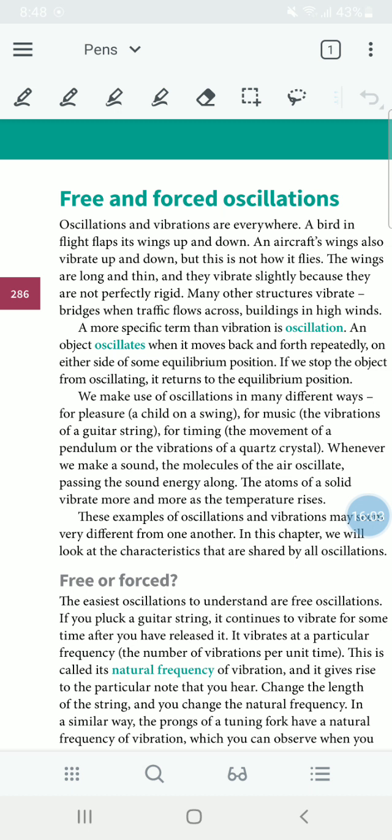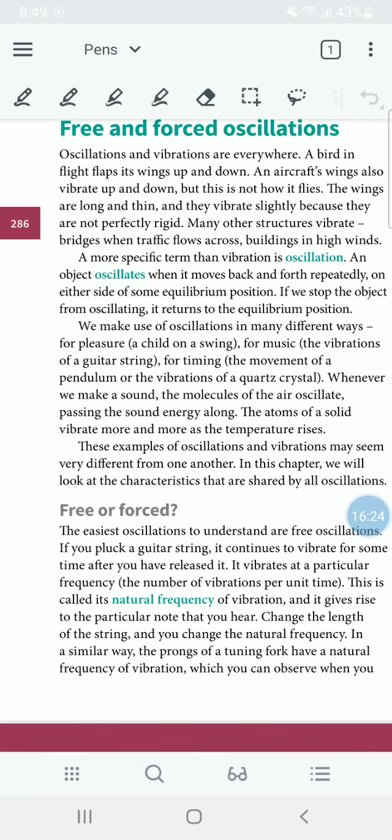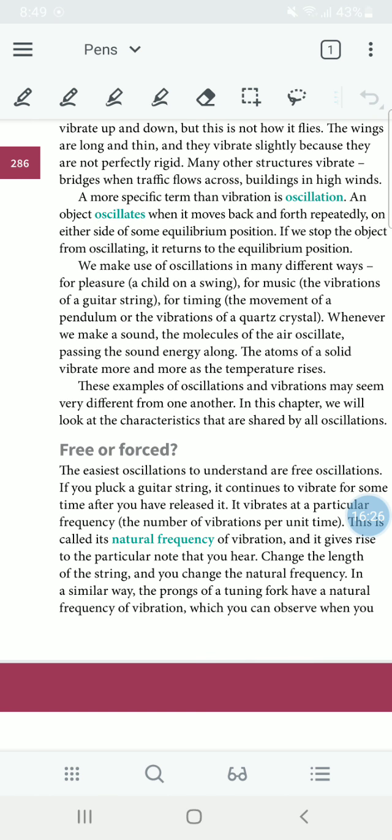When it stops oscillating, it returns back to its equilibrium position. Example, child on a swing, pendulum on a clock, etc.